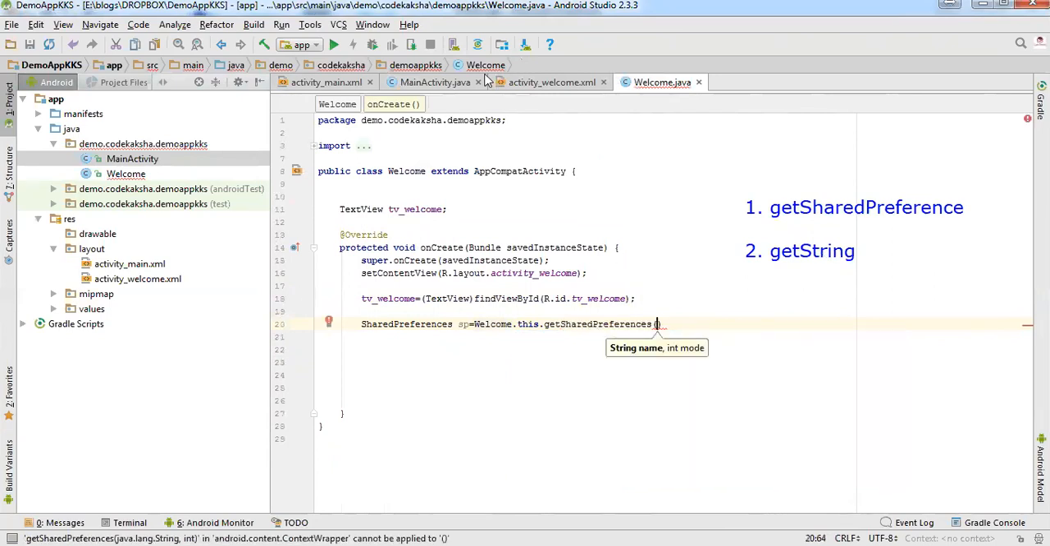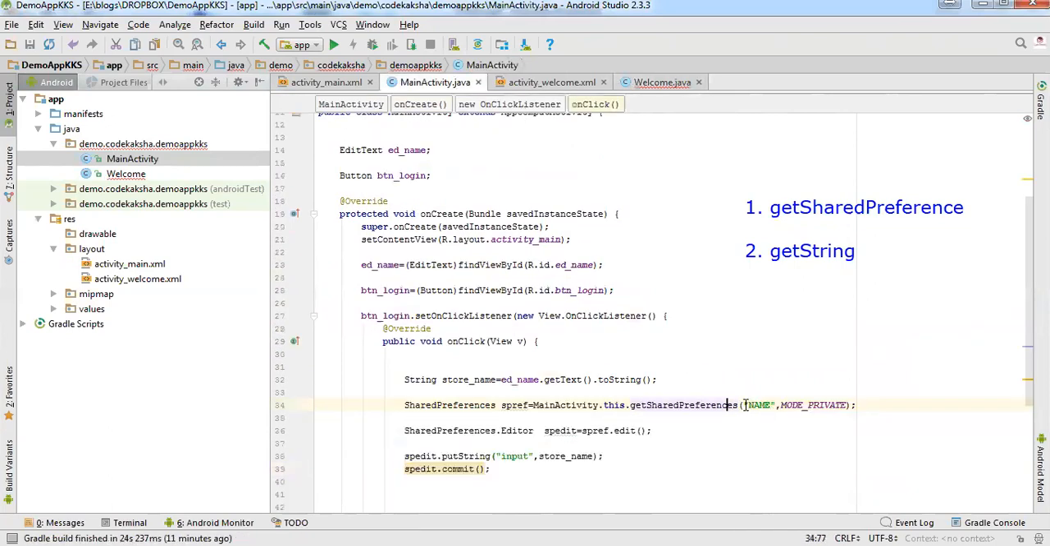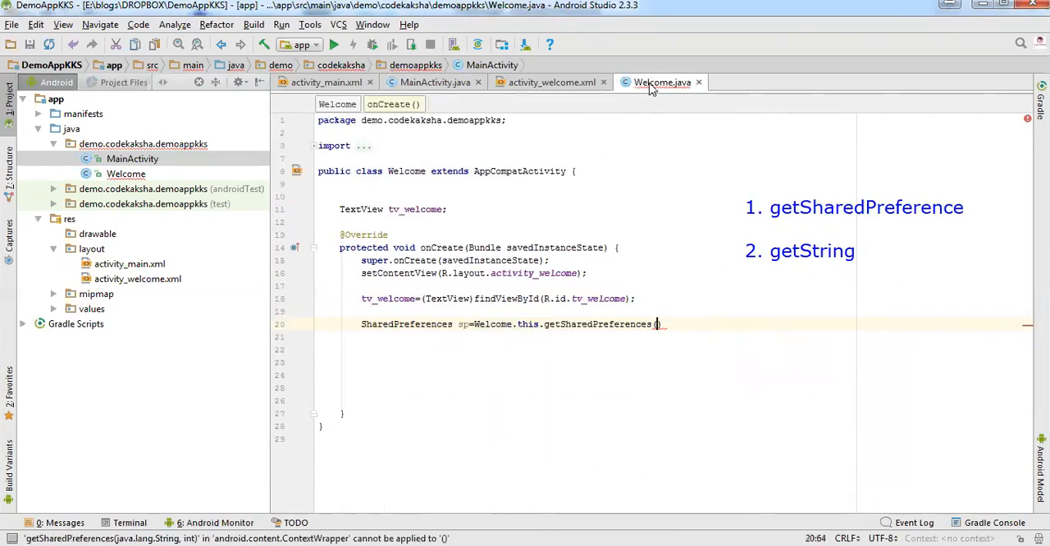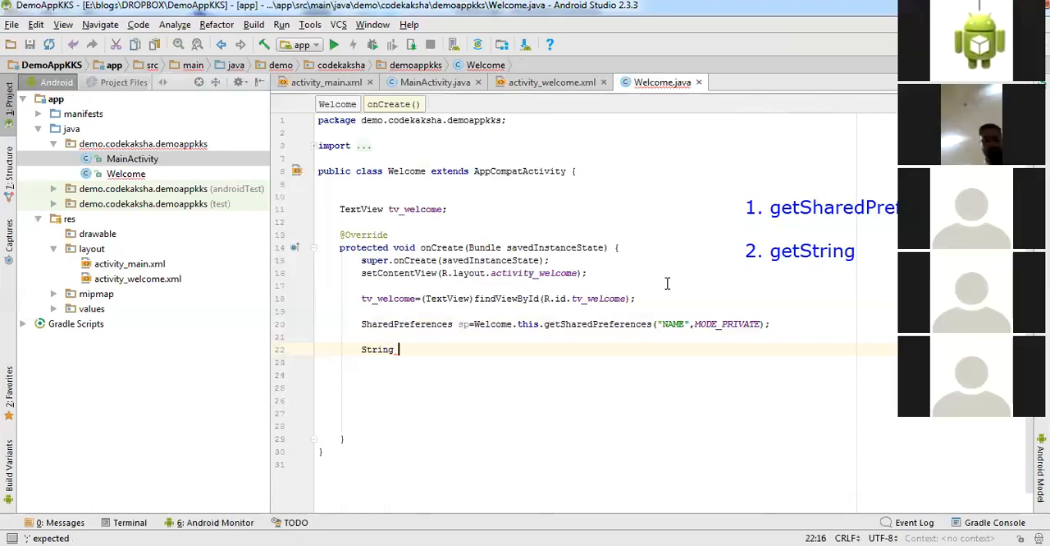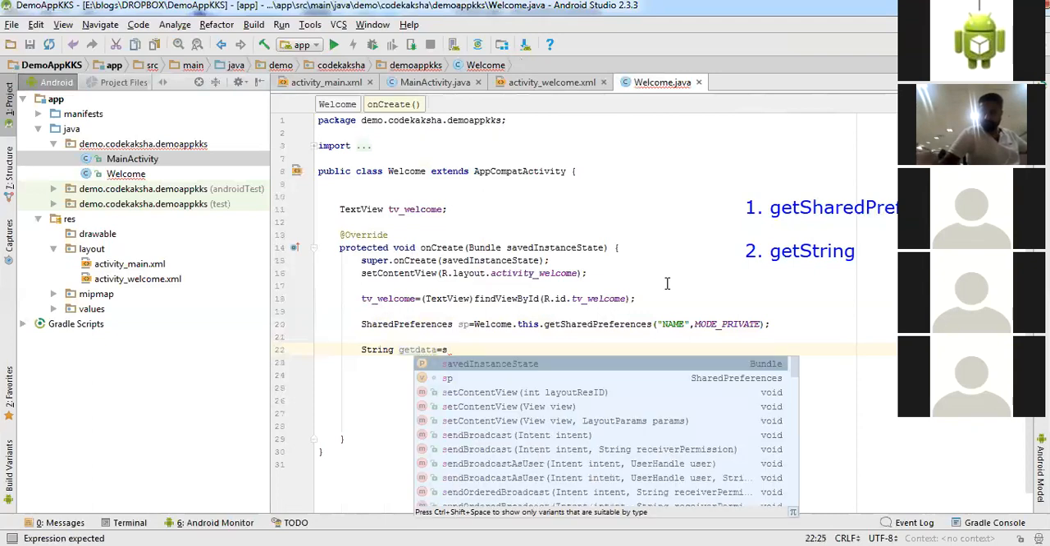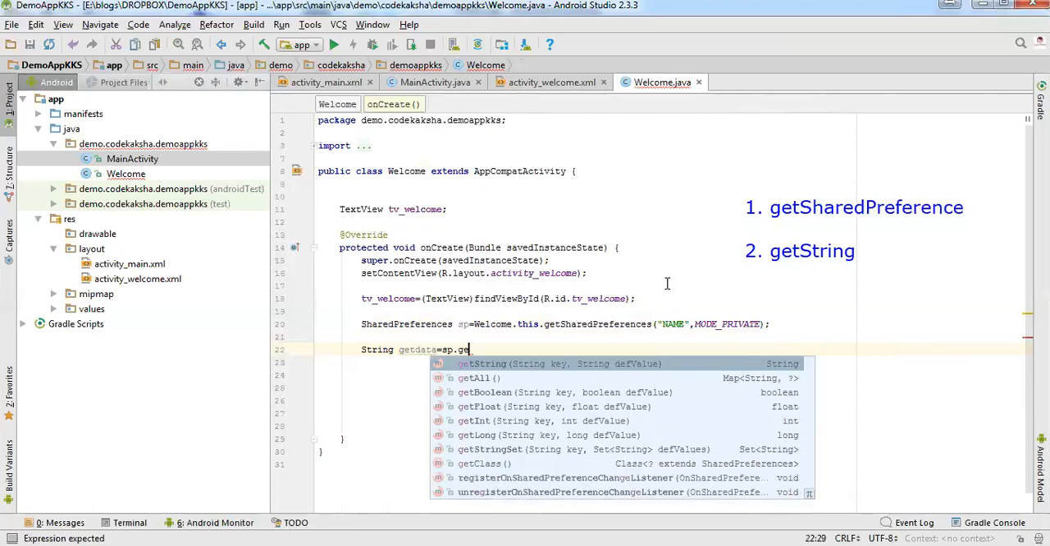Just make sure you are using the same key. So I have this key. Just copy this and I will paste it over here. Fine. Here you don't have to use editor because you are just fetching it. When you are storing something, only at that time you have to use editor and then you have to commit it. Fine. So here I will take string get data equals to,